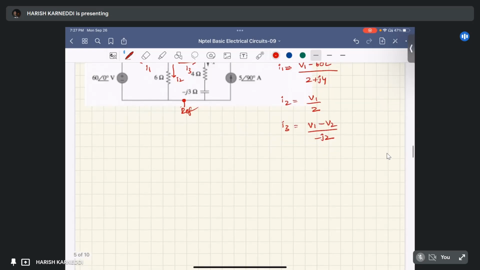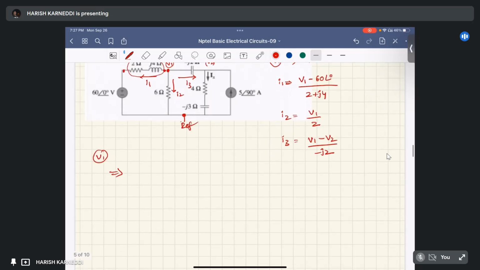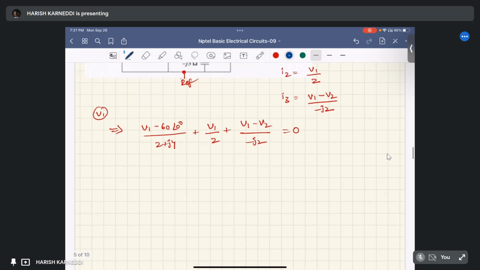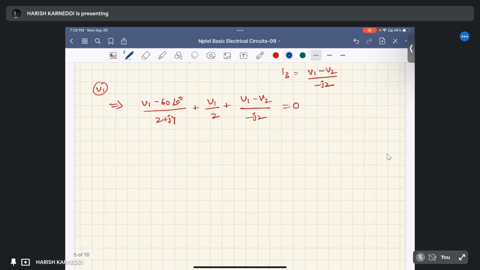So how can we write the nodal equation at V1? It is I1 plus I2 plus I3, right? I1 is V1 minus 60 at an angle of 0 by 2 plus j4 ohm, plus I2 is V1 by 2, plus I3 is V1 minus V2 by minus j2, equal to 0. You can simplify this. You can write the V1 terms together, V1 equal to,